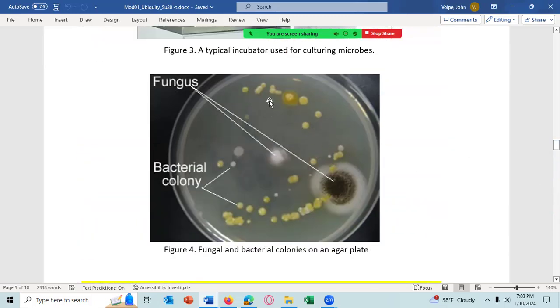All right, all of these, as well as these, and most of these, are all one colony type. That would be a second colony type. This would be a third colony type, a fourth colony type, probably a fifth colony type, and then a sixth colony type and a seventh colony type. So on this plate, the diversity is at least 7.